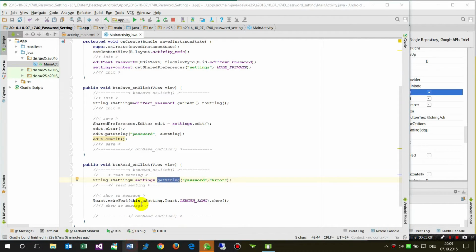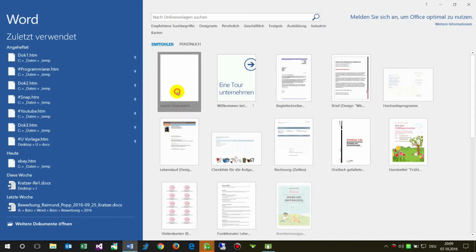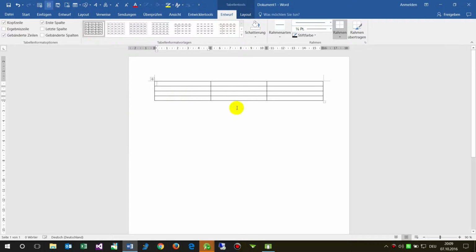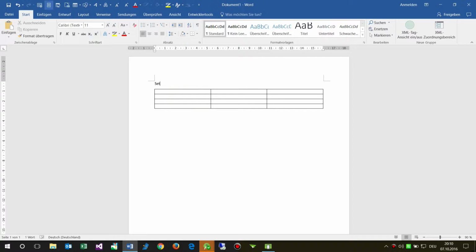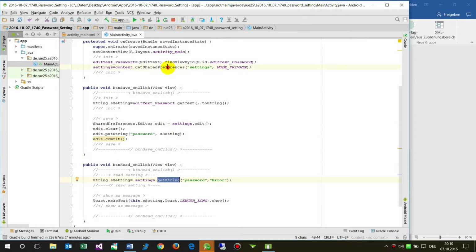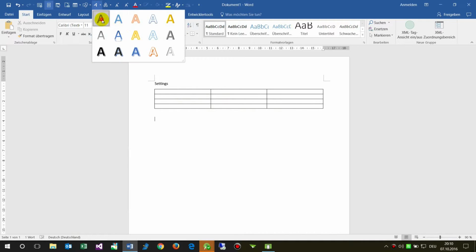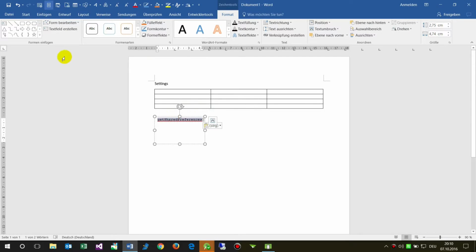So when I show this on a small word table, let's say as soon as I say settings, then this is an internal table, and the Android system will write here, when it loads this shared preferences,